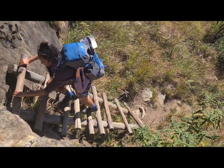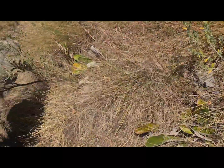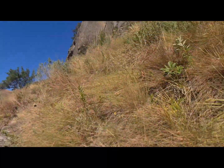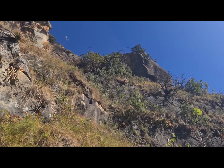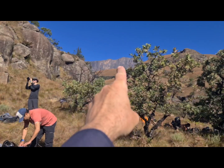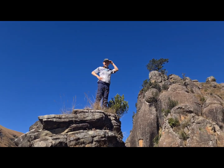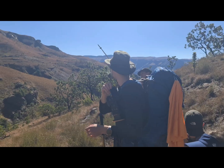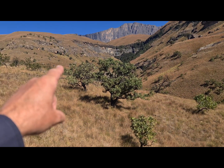so here we have a little bit of a ladder, and then it is on there, and just up here, it doesn't look far, lunchtime. This is now lunchtime. Cleft Peak is way high up there, and there's the young lad doing his Instagram photo. Woo woo! Just had lunch, and now we're walking along the path to our campsite above on the contour path